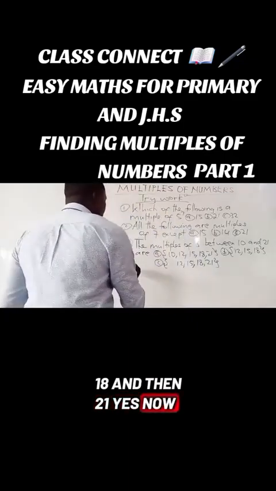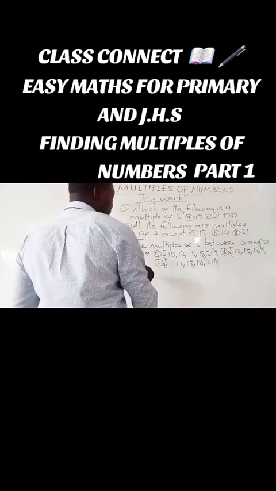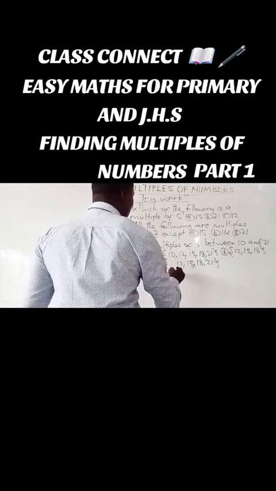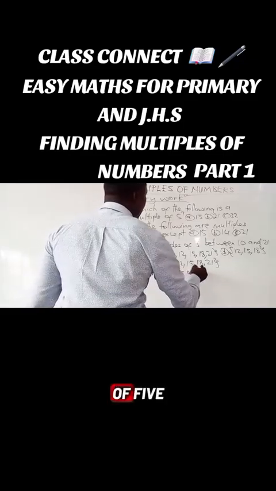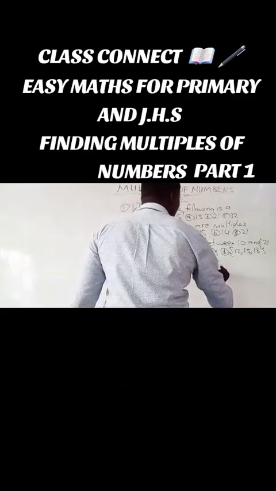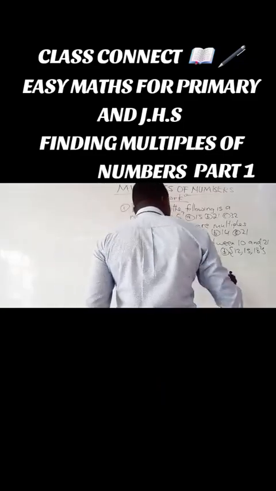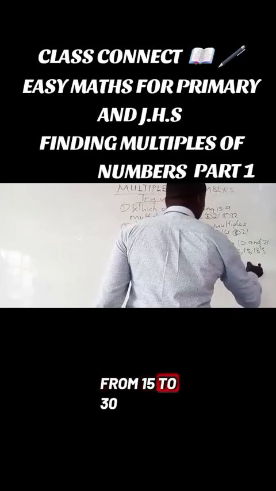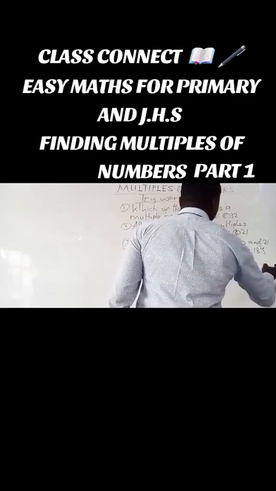Now, number 4. The multiples of 5 from 15 to 30 are